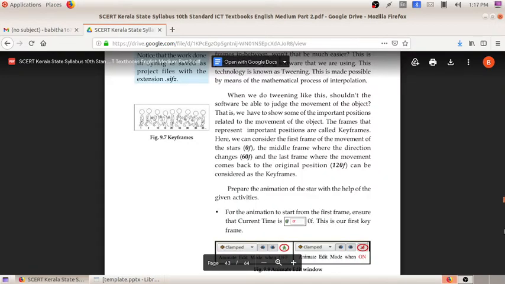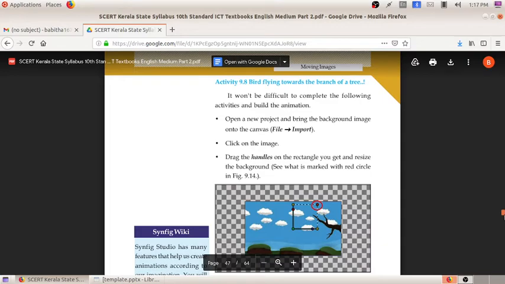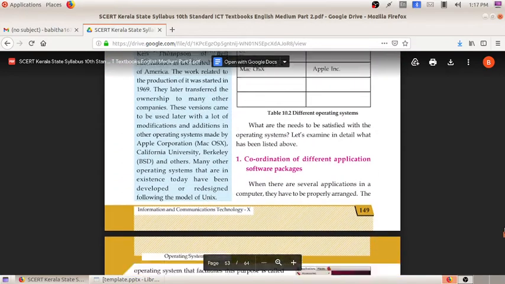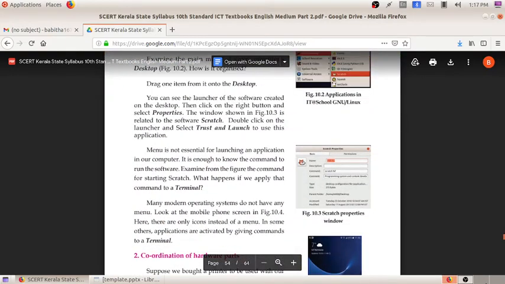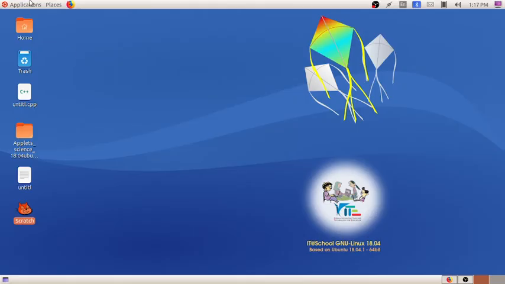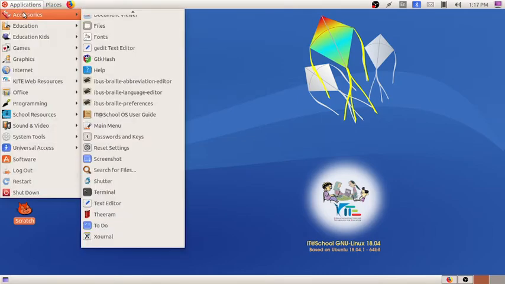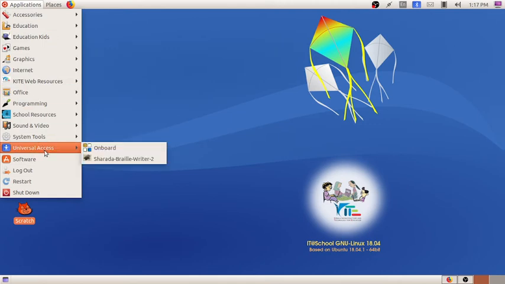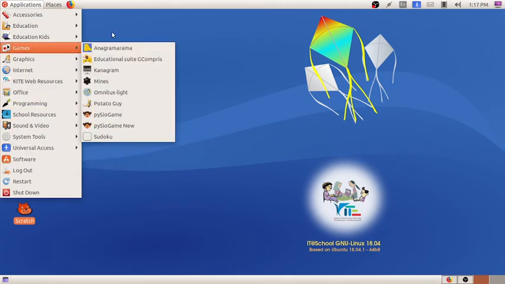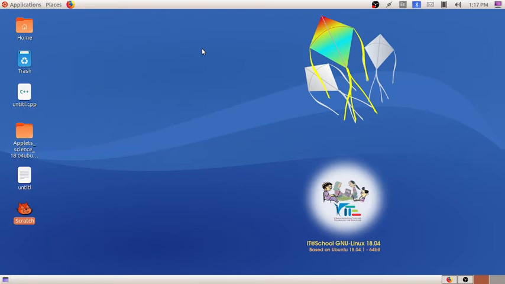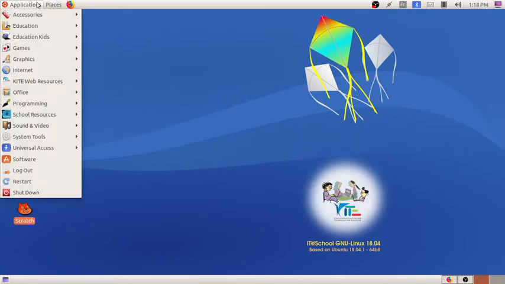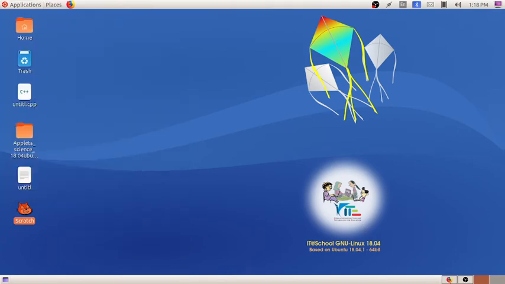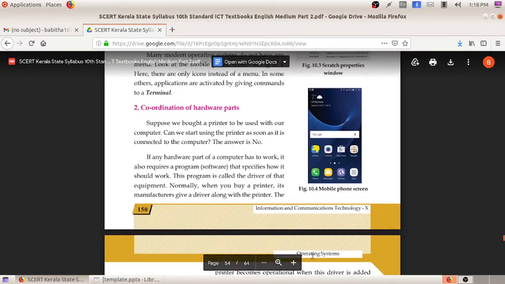Normally here you can see different menu bar. So normally when we open the software, these all are the different menus. They are kept in different menus so that the user can easily access if it is needed. So instead of that, we can directly install the software from the terminal, like application, accessories, terminal, that way also. So I hope it is clear to all of you.